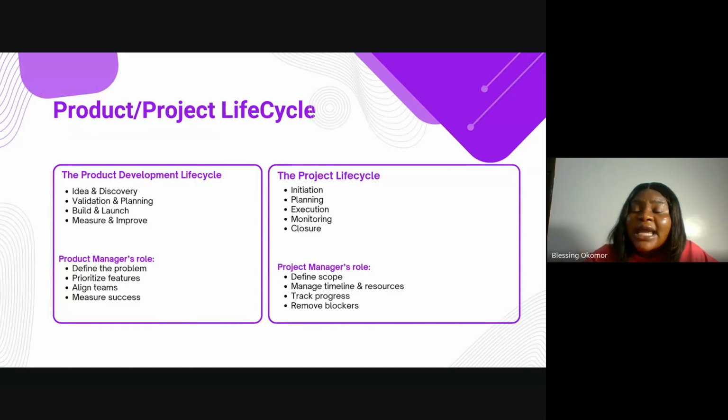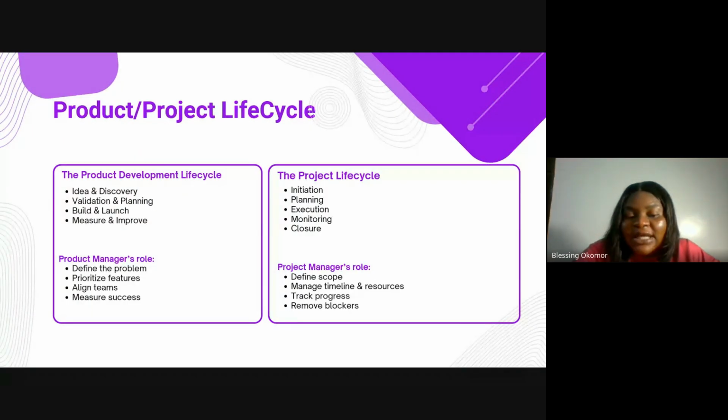A wise man once said that as a product manager, pick one core feature that is a major thing to that idea that you want to solve. Pick that core feature, build it, launch it, get users to use it, see how they are using it, then use their experience to improve on that product. So you don't just stop at launching. Even after launching, you measure success, see how they are using it, and use it to improve.